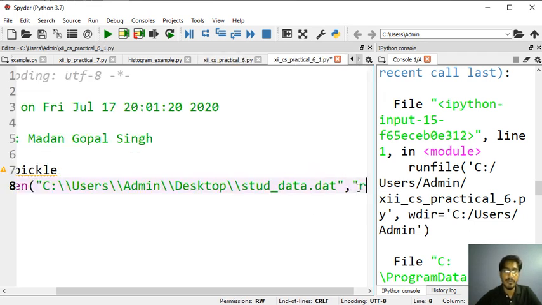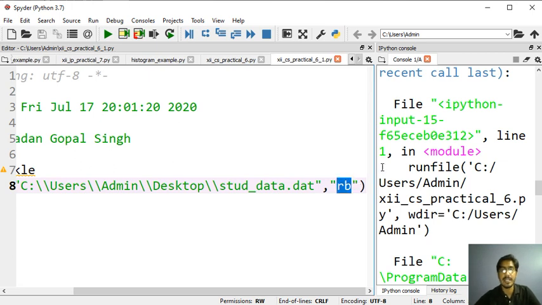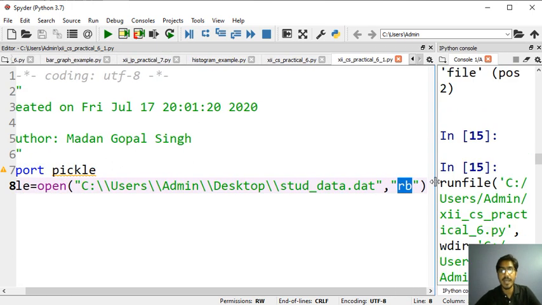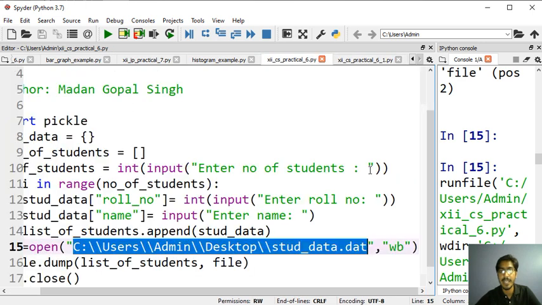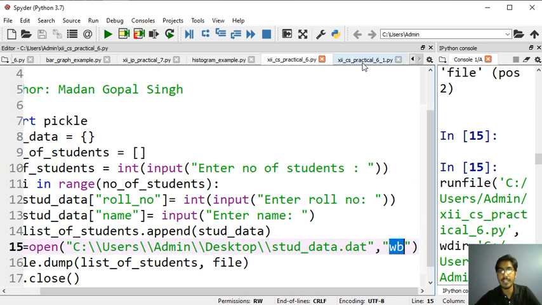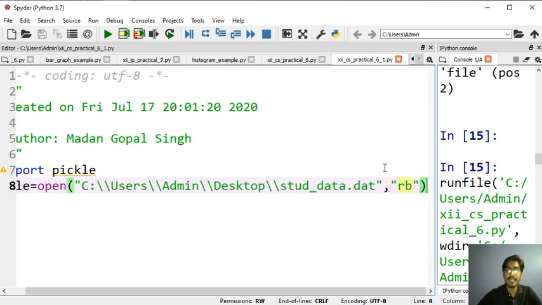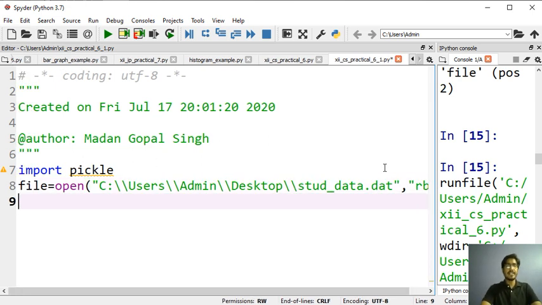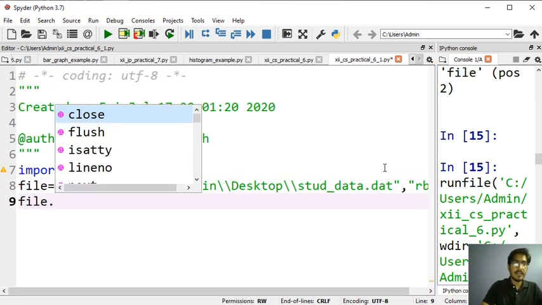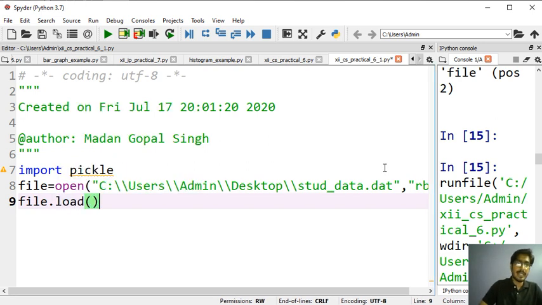Now this time you need to open it in read binary mode, so write RB here instead of WB. Previously we wrote WB because we were planning to write into the file. Now we will get the data of this file. So how can we get the data of this file? You will use the load method and pass this file, and it will return the list object that we have inserted.